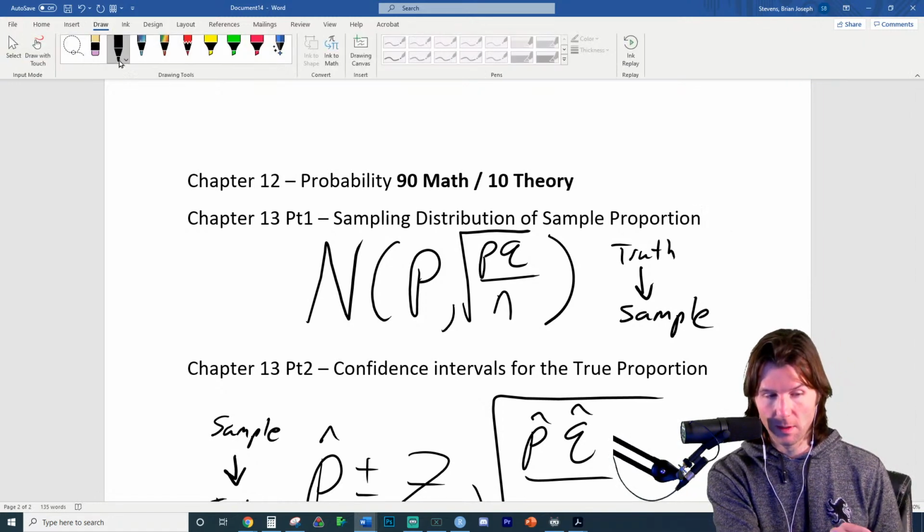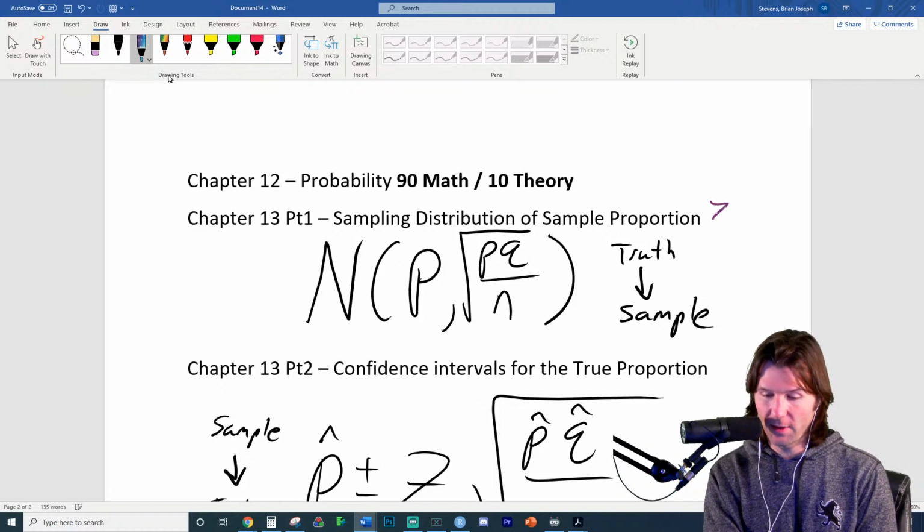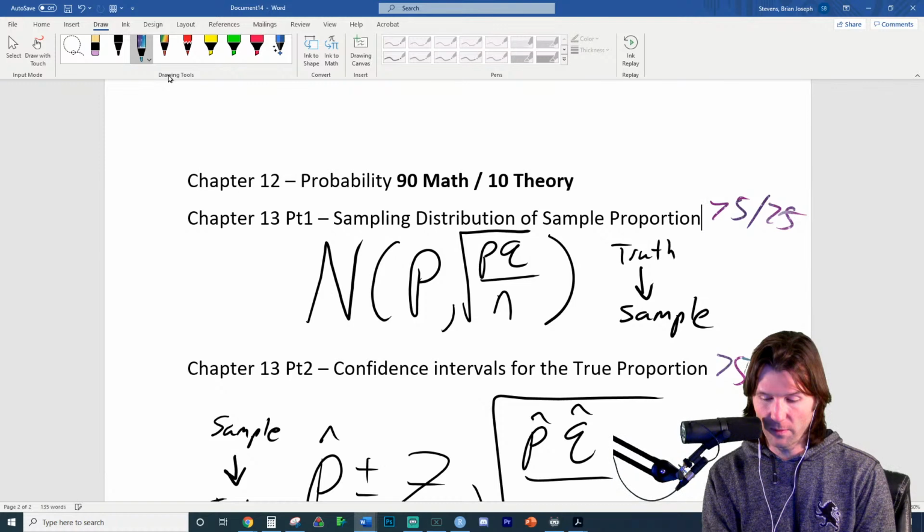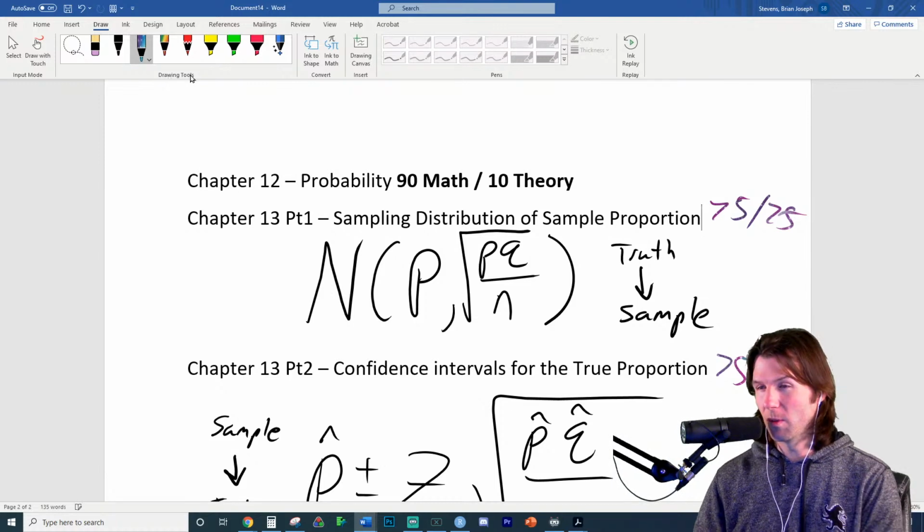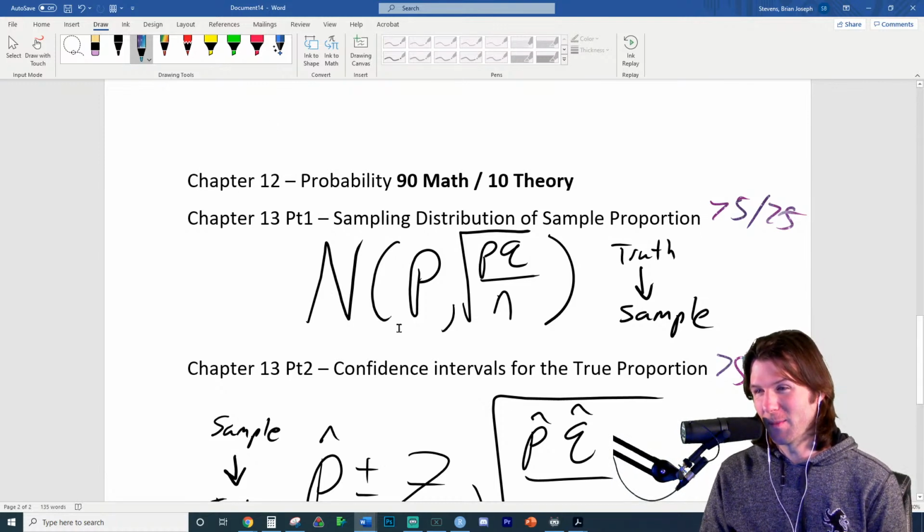So you can see the more heavy, so 75-25 for that, and then 75-25 for this also. So if you put them under a black light, they're